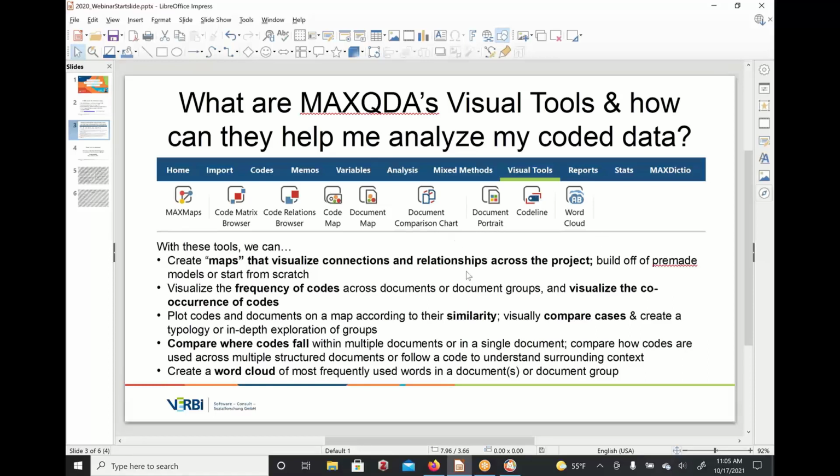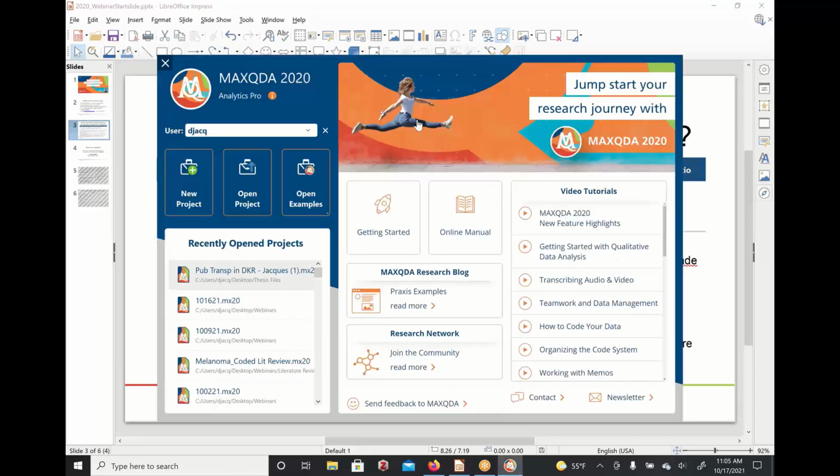So without further ado, I'm going to go ahead and switch to MAXQDA. And just a note that today is an advanced webinar. So if you're newer to MAXQDA, I do still encourage you to please stay. I think you'll get a lot out of this workshop, but just know that some of the more basic functions